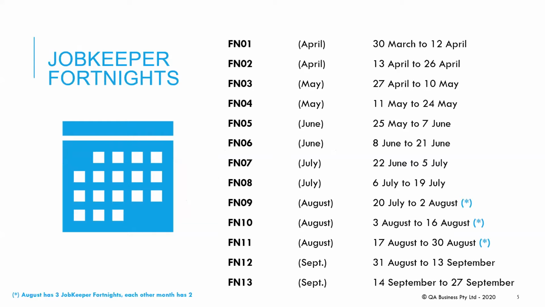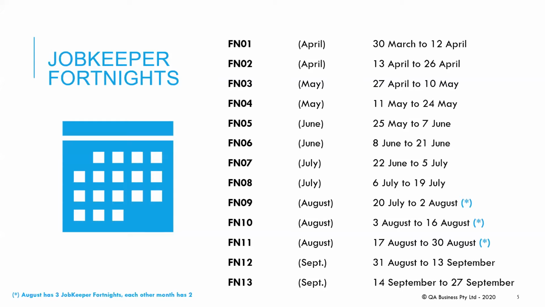So let's look at the JobKeeper fortnights. There's 13 of them. It starts on the 30th of March and they finish on the 27th of September. And they're the numbers 01, 02, 03. You will only use those numbers if that is the fortnight in which you're starting JobKeeper. Now, April's different. If you're in for April for JobKeeper as an eligible employer, you just need to get FN 01 on a pay in the month of April and get that uploaded to the ATO as soon as possible